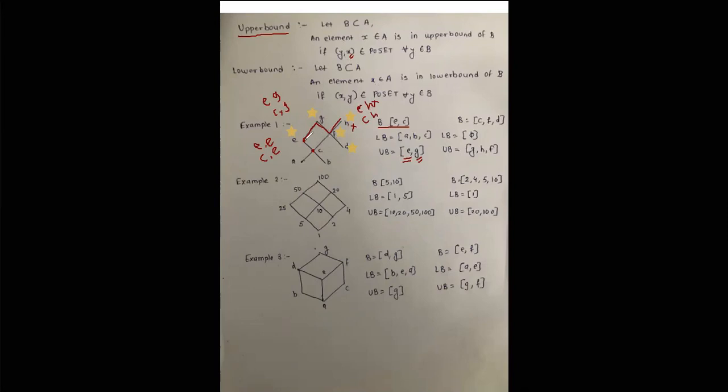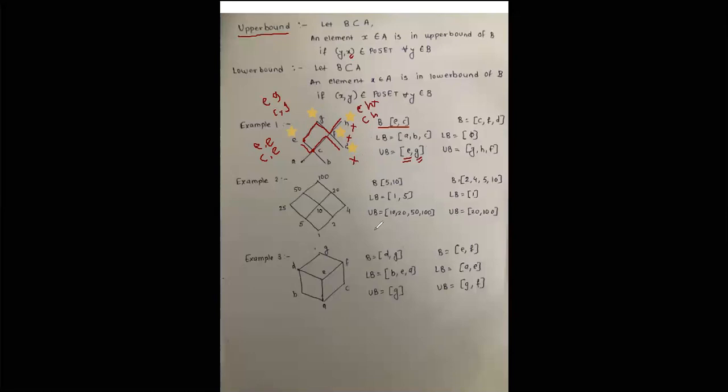Let's see about F. Again for F, the same condition applies. It is coming from E, and again it has to go downward. So F will not participate in the upper bound. What about D? The same condition, again we have to go downward, and that's why D will not be in the upper bound either. So only these two elements, E and G, will be in the upper bound.